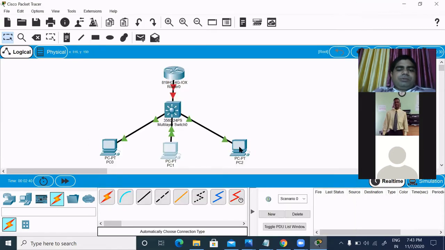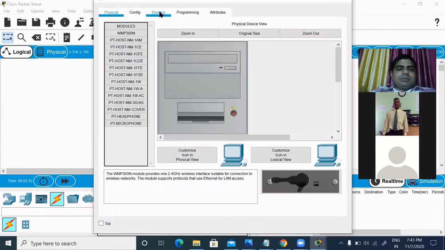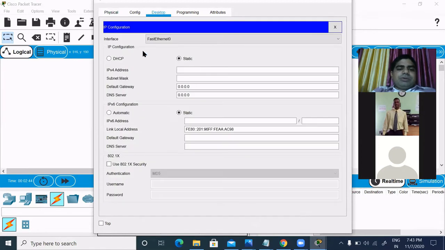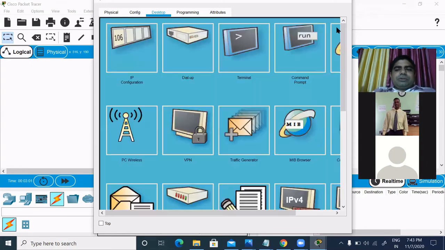Now we will go to the last PC. We will assign IP 30.30.30.2, subnet mask 255.255.255.0, and gateway 30.30.30.1.